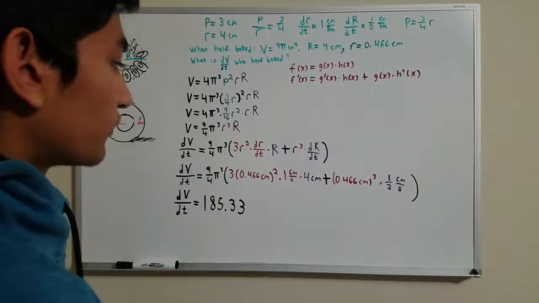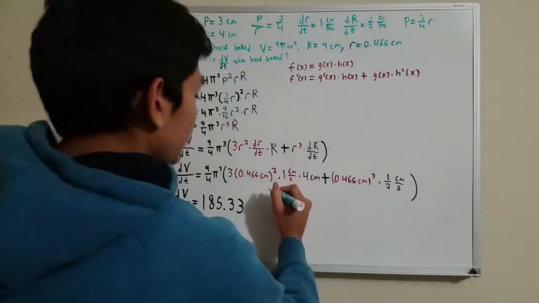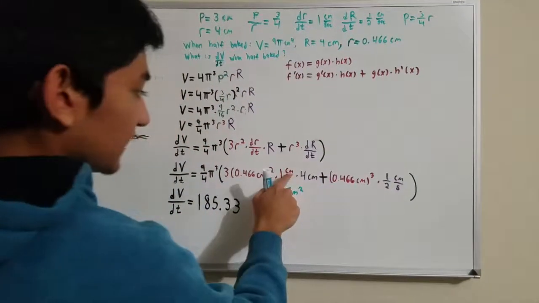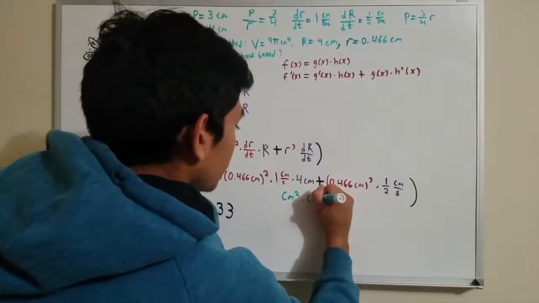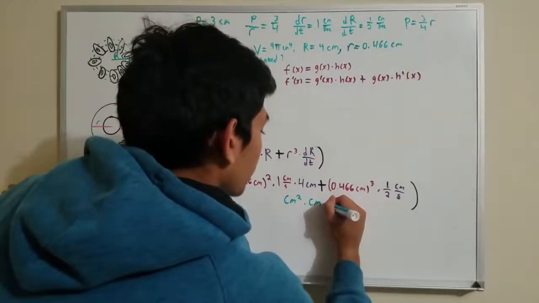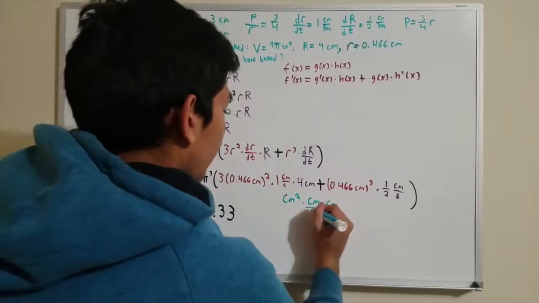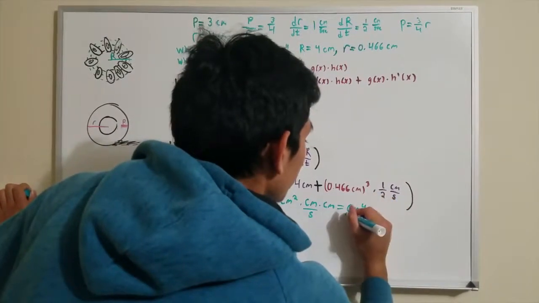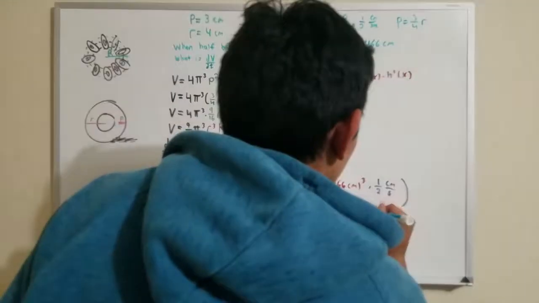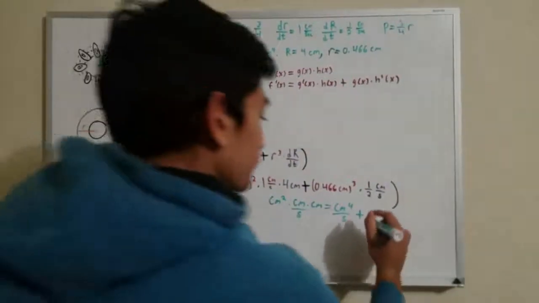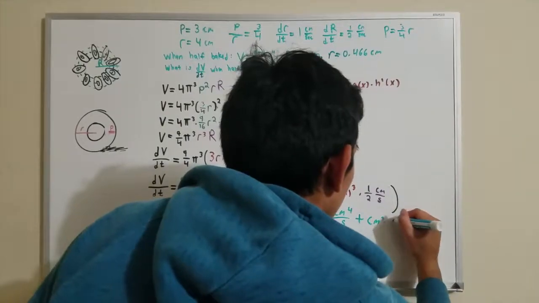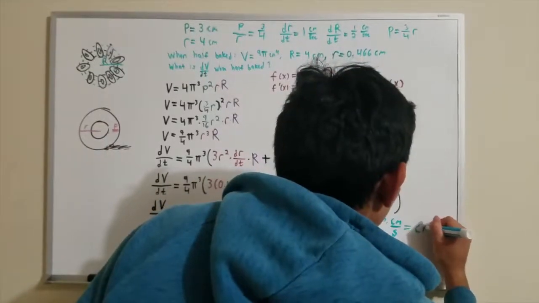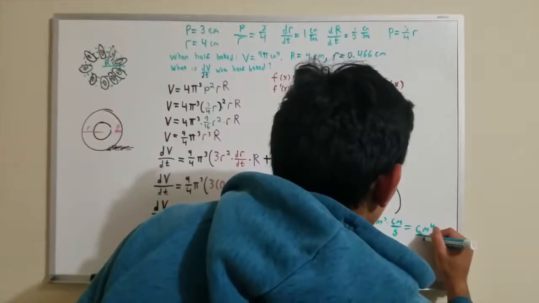Over here you can see that we have centimeters squared, times the centimeters from here, times centimeters, and that is over a second, so that will equal centimeters cubed per second. And you add it to centimeters cubed times centimeters per second, which ultimately gives you the units of centimeters to the fourth